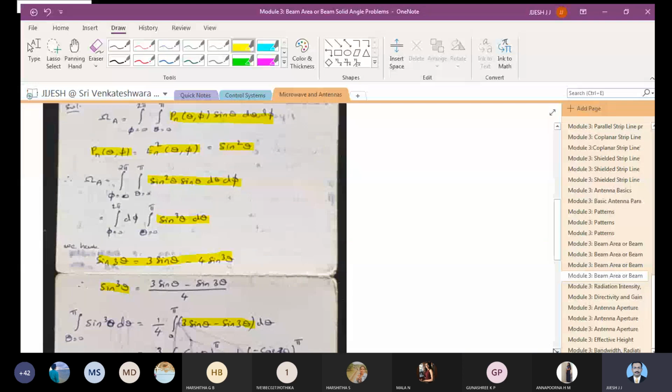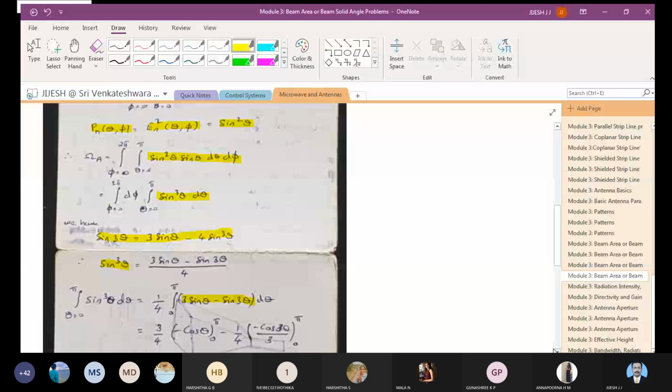3. Anyone of you got the answer here? Anyone of you got the answer? Harshita, Annapurna, where is 1.33? Yeah, Dilip, who is saying? Sir. How much you got? Yeah, 1.33. 1.33 is the answer.